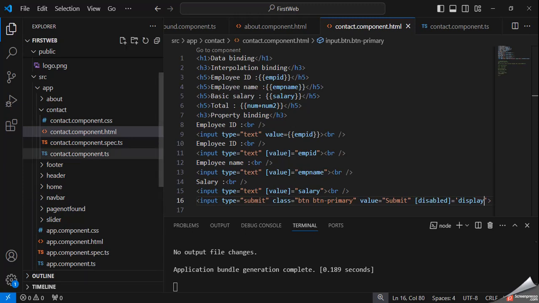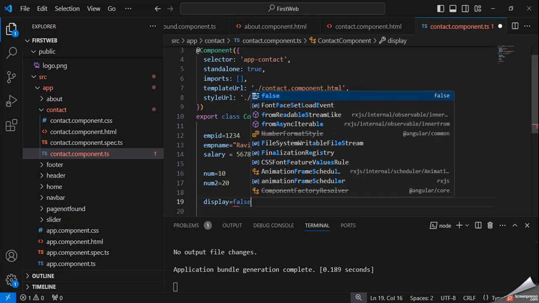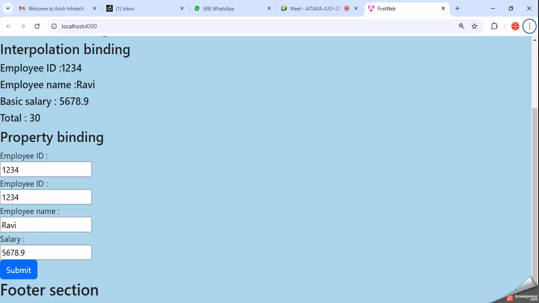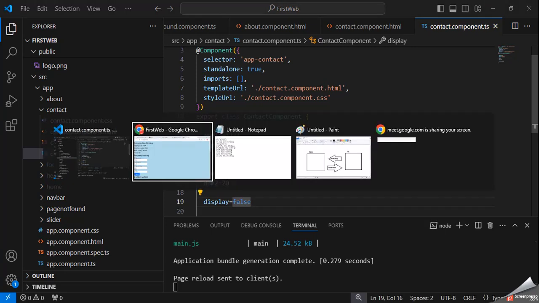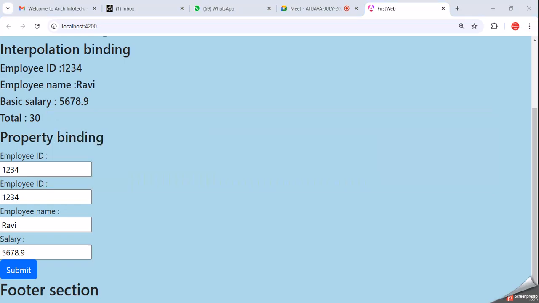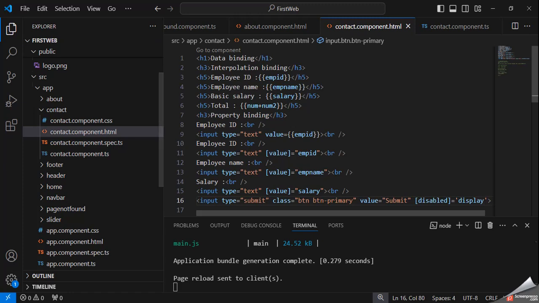Suppose here I declare display as false, then it will be enabled. So if we use display is equal to false, disabled is equal to false, so it will appear enabled.